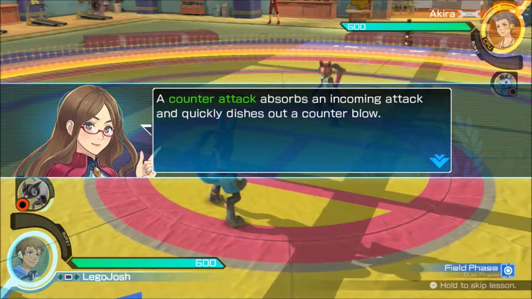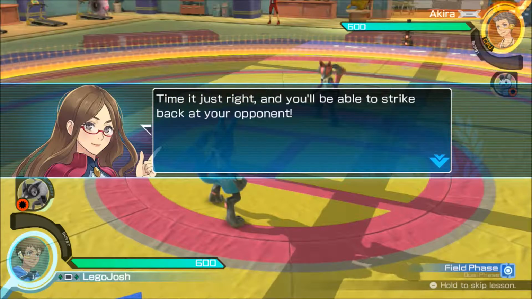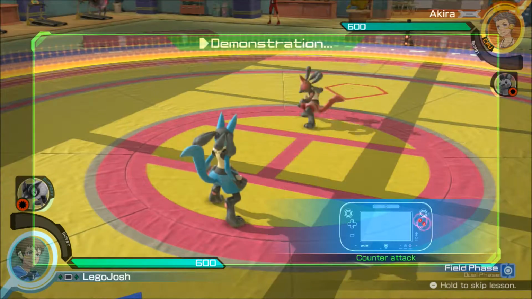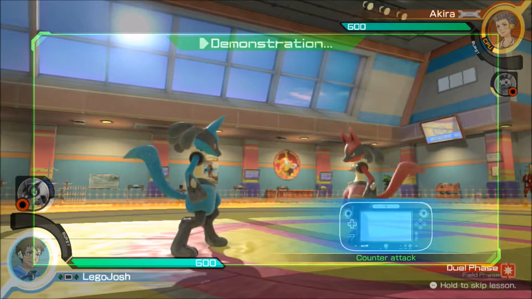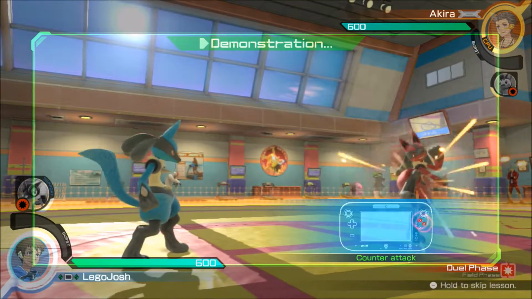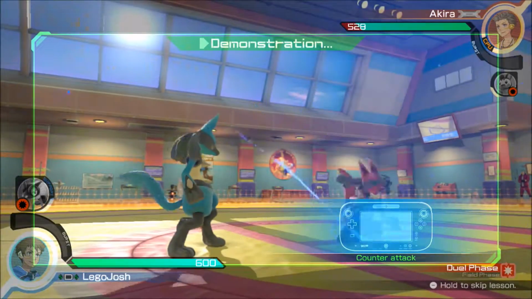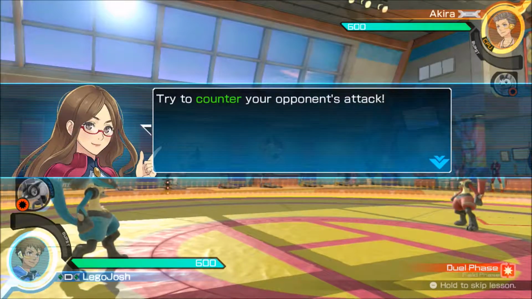A counterattack absorbs an incoming attack and quickly dishes out a counterblow. Time it just right, and you'll be able to strike back at your opponent. You can use counterattacks in... Try to counter...